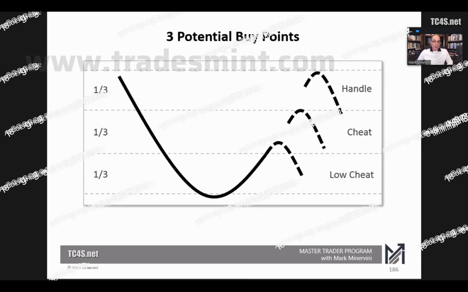And then when I got to the point where I felt like, okay, I've figured out a way to teach this and it's definitely valid, then I started sharing it and it became part of this curriculum. Mark, I would add too, I find the pullback buy to be more of a pro buy. Just anecdotally, it wasn't something I used for a number of years because I didn't feel like I was good enough at using it. So I do think on some level some of these are more intuitive than others